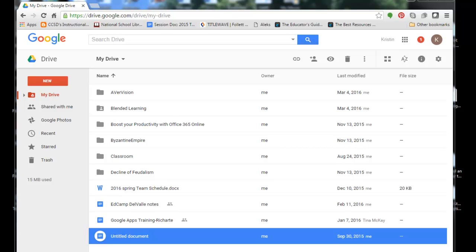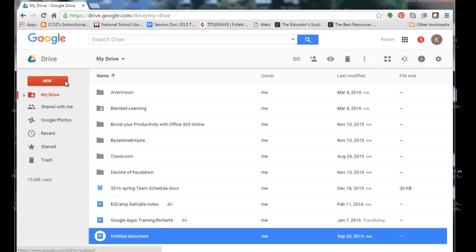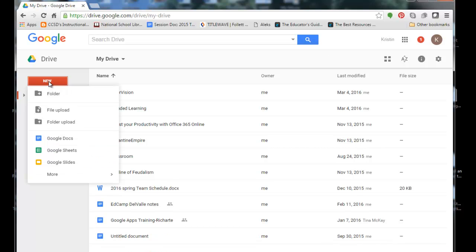So today I'm going to show you some features of your Google Apps for Education account. So I'm already in Drive, and I'm going to show you how easy it is to create a new document or to upload a document from my home folder so that maybe I want to work on it at home. So if I go over to the left side, I click on the red New button, and I'm going to,